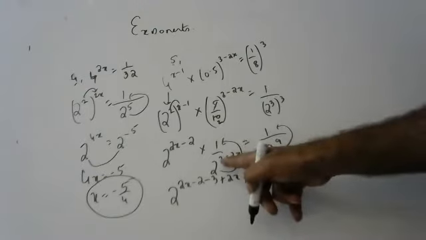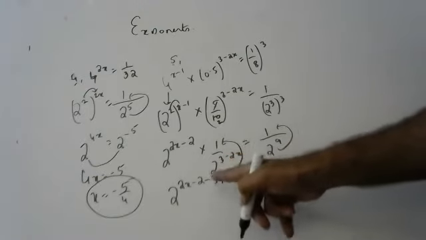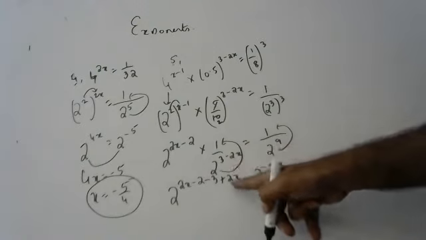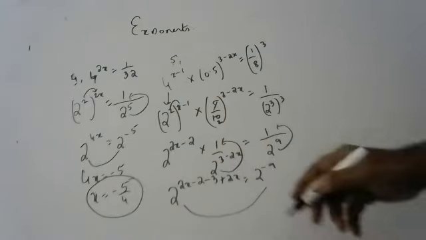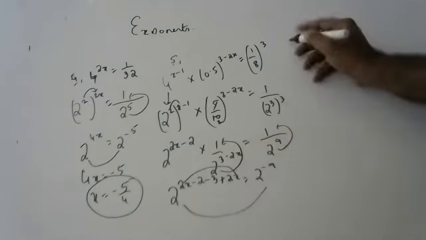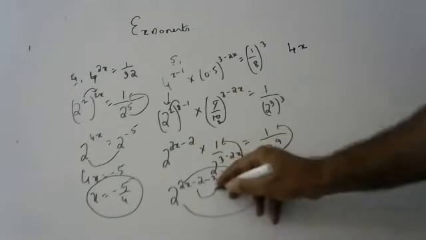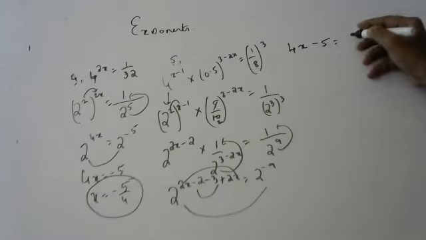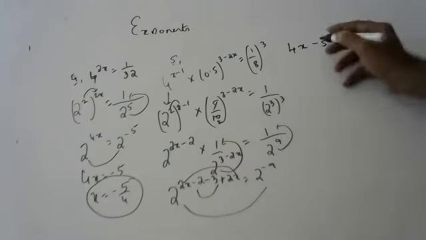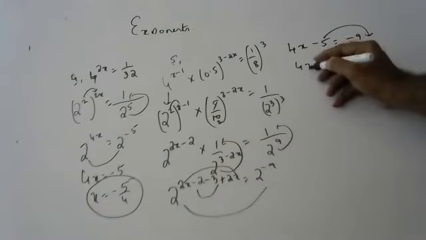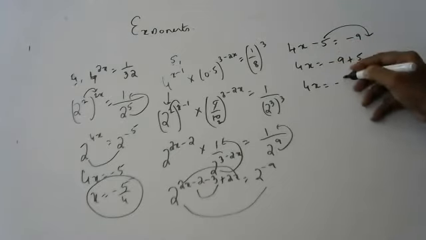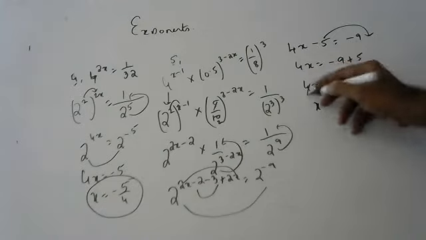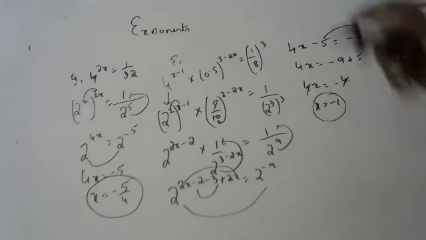So children, then Harsha, thank you. Plus 3 if it comes up minus 3, minus 2x if it comes up plus 2x. When base are same, powers can be compared. So what do you get, children? 2x plus 2x is 4x. Minus 2 minus 3 is minus 5 is equal to minus 9. Minus 5 I will bring here. 4x is equal to minus 9 plus 5. 4x is equal to minus 4. X is equal to, this cancel, minus 1 is the answer.